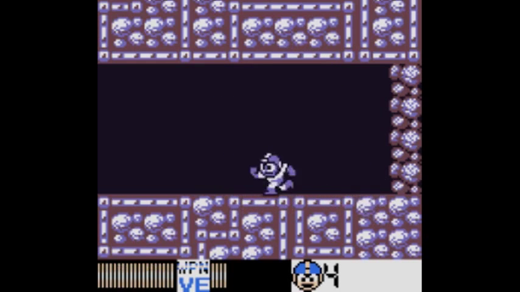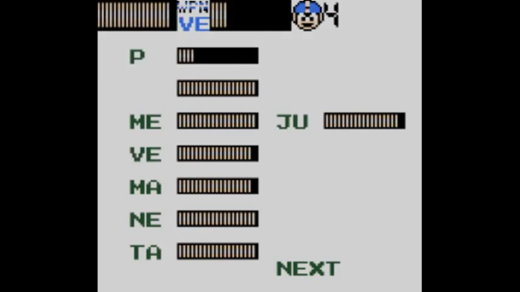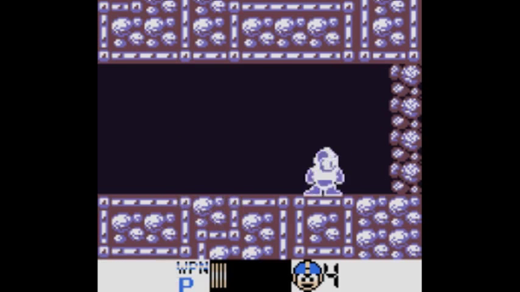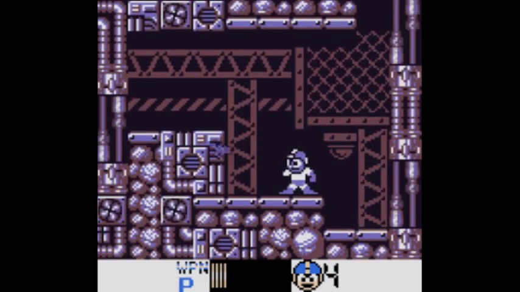This, by the way, is the second mini-boss of this stage. Fight's exactly the same as the first one. He's always going to appear in the exact same two spots all the time, so never fear. By the way,